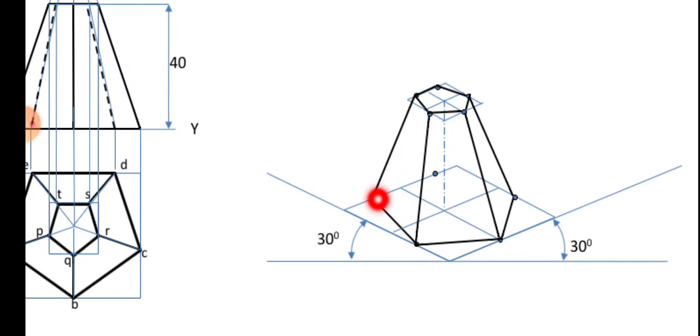So while drawing, make sure that this is dark, this is dark, this is dark. You are supposed to join it from here to here, but it is not visible, so you need not draw it. And this line also you have to draw, but again you need not draw it. And this line also you need not draw. Even if you want to draw it, no problem, but it should be a projection line. From here to here you can just imagine that this is projection, this is projection, and a projection line here. But whatever is visible is this part. Okay, so this completes the frustum of a pyramid.